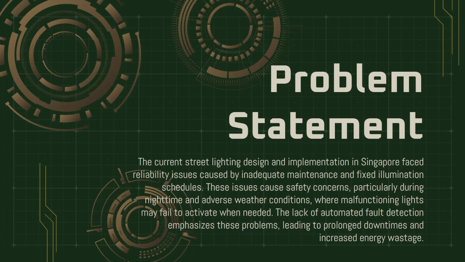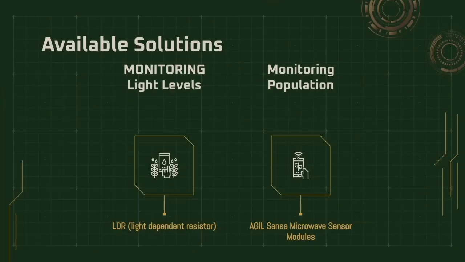We have a problem statement: the current street lighting design and implementation in Singapore face some reliability issues caused by inadequate maintenance and fixed illumination schedules. These issues could cause safety concerns, particularly during nighttime and adverse weather conditions, where malfunctioning lights may fail to activate when needed. The lack of automated fault detection emphasizes these problems, leading to prolonged downtimes and increased energy